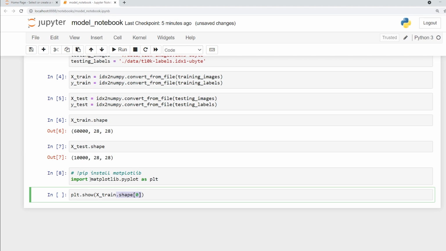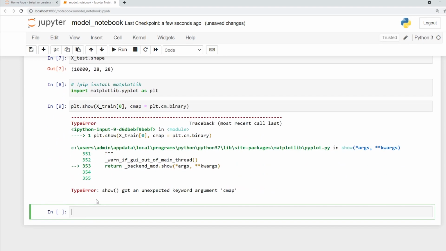So instead of shape, I'll just say 0 over here. I'll also have to say cmap, which is the color map. There are actually many ways with which you can give the color. So I'm going to say plt.cm.binary. I hope this is right. Yeah, cm dot binary. So binary states black and white.